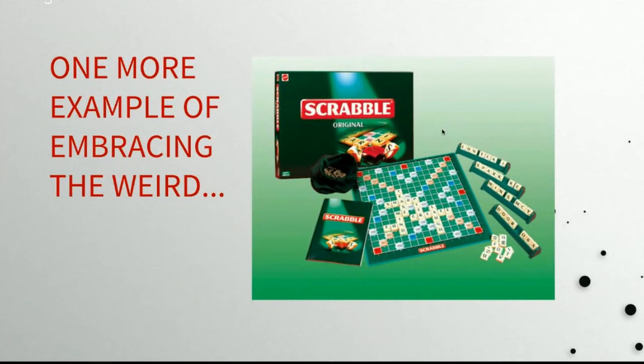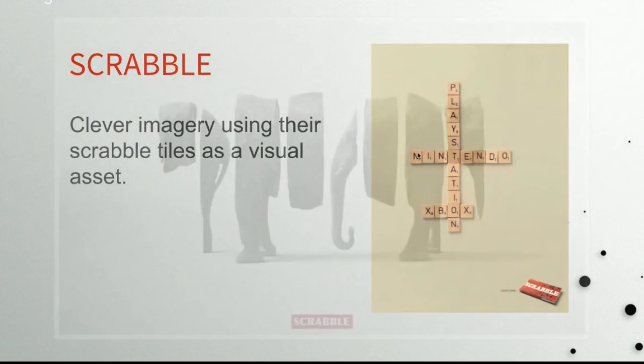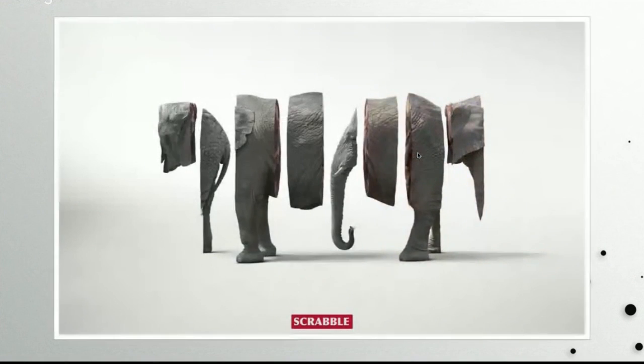Scrabble are a really smart company, and their marketing team are very clever, and they have great imagery, and their tiles, the wooden tiles, or the little plastic tiles I think they are now, are very iconic, and they're a great visual asset, and they were using those for years and still do sometimes in their ads. But recently they started to break away from that whole idea of using the game pieces,